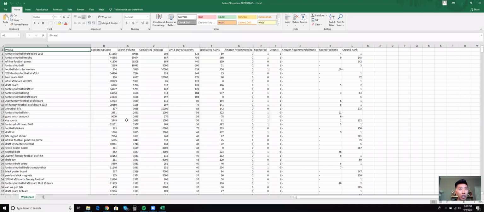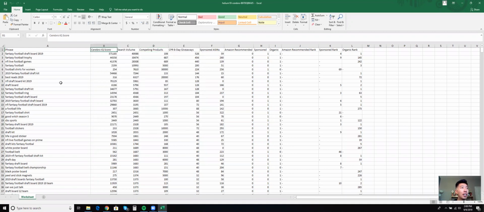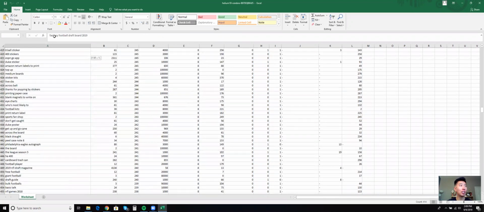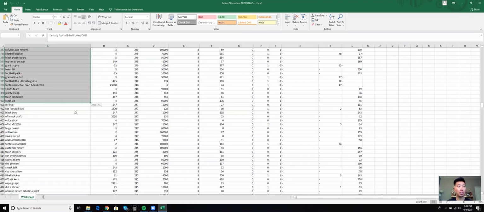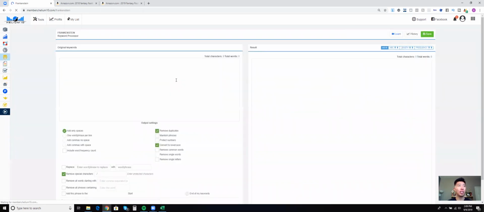So it's already sorted by search volume, but you're welcome to manipulate it however you want. You can right click and sort from highest to lowest just here. But what you can do in terms of keyword research, if you want to build out your listing, is I usually copy and paste maybe the first 400 keyword phrases. And then I'll also use Helium 10's keyword processor. I used this in the last video as well. But I'll show you guys, you basically just copy and paste all that top 400, and there's a ton of